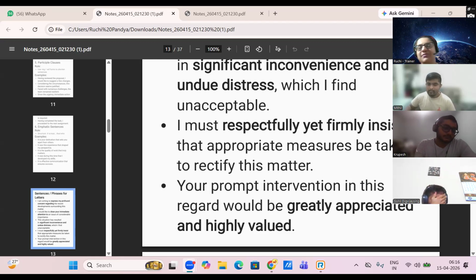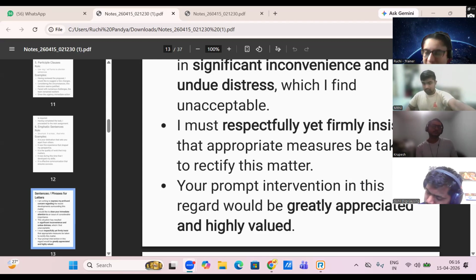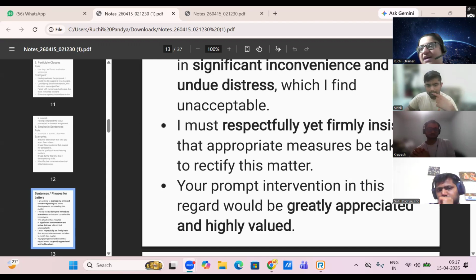So very simple meaning, इज्जत से रिस्पेक्टफुली, बट जोर देके मुझे कहना पड़ रहा है। आई मस्ट, राइट? आई मस्ट रिस्पेक्टफुली येट फर्मली इंसिस्ट कि ये मैटर को सॉल्व, रेक्टिफाई, करेक्ट करने के लिए अप्रोप्रिएट स्टेप्स लिए जाएं। मैं रिस्पेक्टफुली बट स्ट्रांगली ये कह रहा हूं कि इस मैटर को करेक्ट करने के लिए अप्रोप्रिएट मेजर्स लिए जाने चाहिए। ओके, नेक्स्ट वन, मिथिल, सेंटेंस एंड एक्सप्लेनेशन।